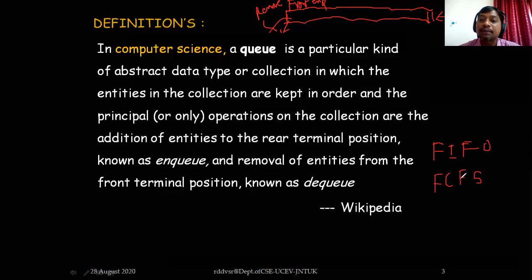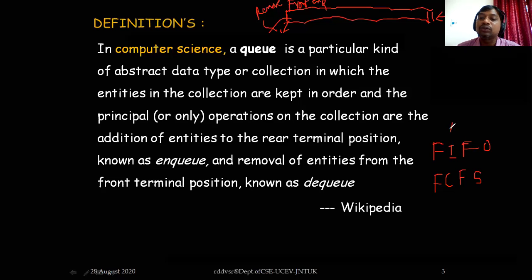I can tell you a small example. When you are in your hostel and you go to your mess, you will form a queue while taking your plates in order to have your dinner or lunch. First you need to take your plate. Those who come first will take the service first. That means you will get your meal first. That's simple. Those who come first will get their service first. That is why it is called first come first serve or first in first out.